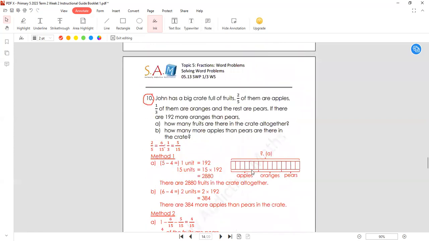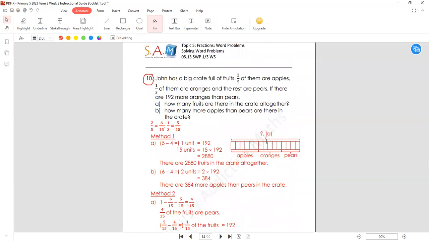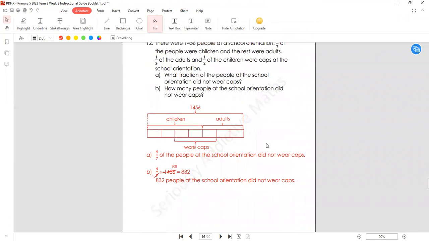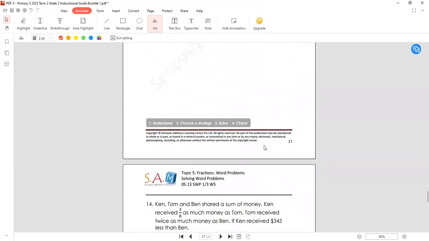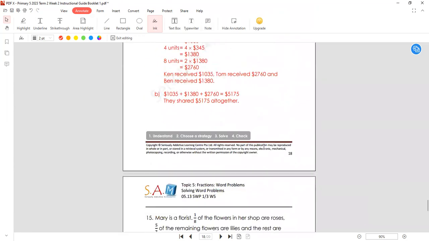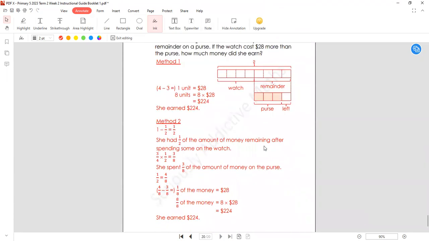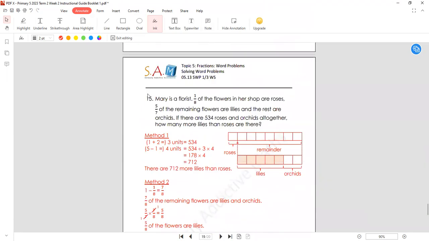Question 10, right? So use the same approach. Guide them through the bar model approach. Okay, and then what else? Let me see. Question. I think question. Okay, I would like you to do, I think question 15 would be good to do,